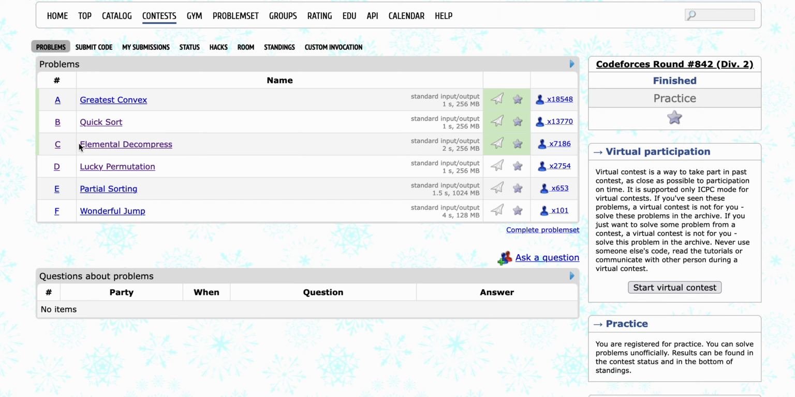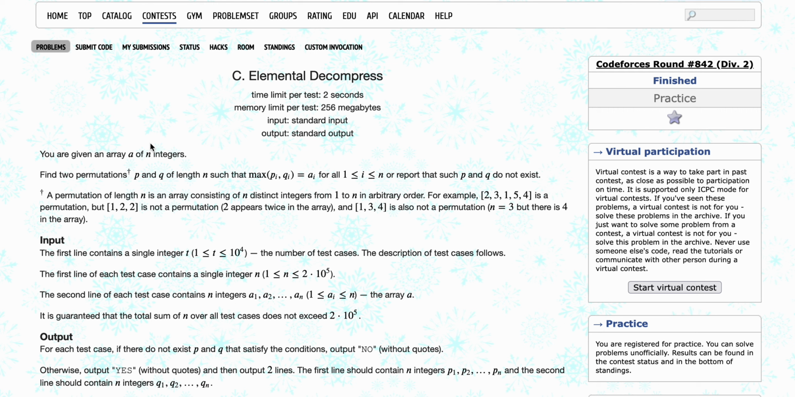Problem C, the elemental decompression. This is the Codeforces problem C of Codeforces Round 842 Div 2. In this problem we are given an array of integers, and we have to find two permutations,